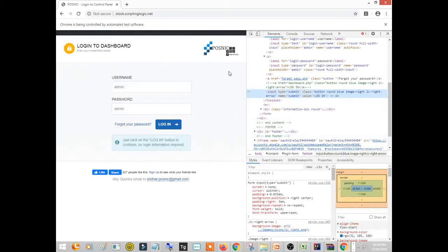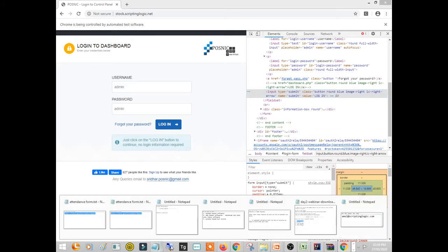Now remember, this is again not enough, because here we have just automated the things, we have not tested the thing, right? What I said, Selenium is a tool that helps us to test the web application. Here we have only automated the web application, we have not tested it, right?